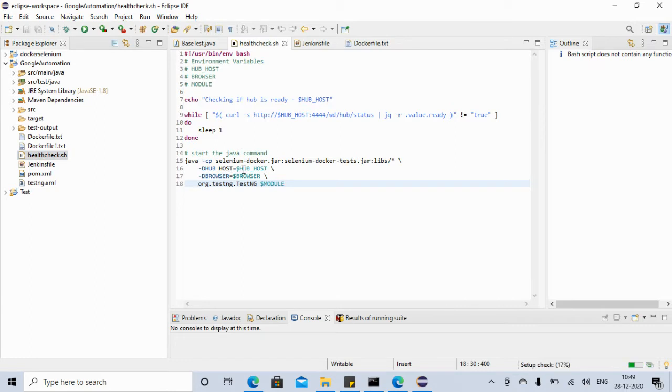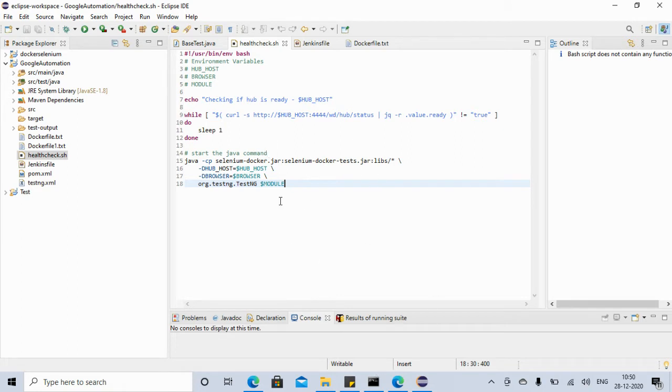When we created our image Selenium Docker, we have this file healthcheck.sh in the target folder. Right now we cannot see it here, but in the jar files we created, Selenium Docker jar and Selenium Docker test jar, those files have this health check script as well. Because this is in Windows, somehow there is some issue, it's not able to read it or something like that.